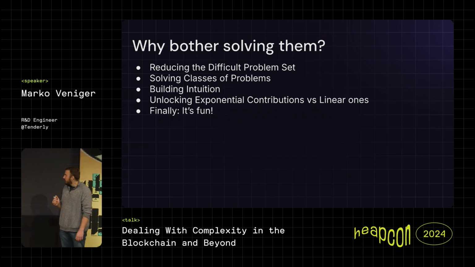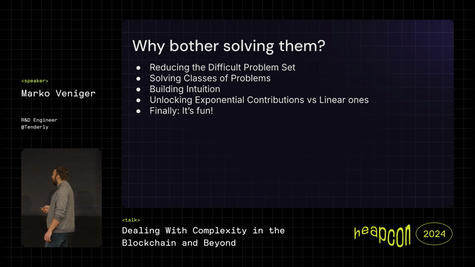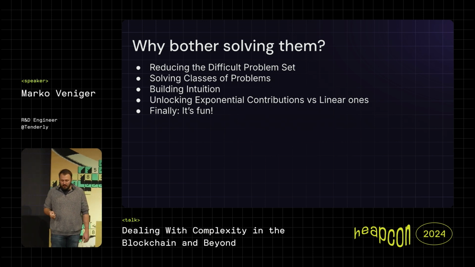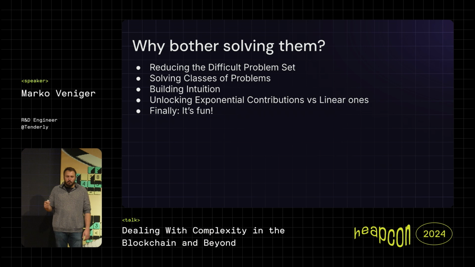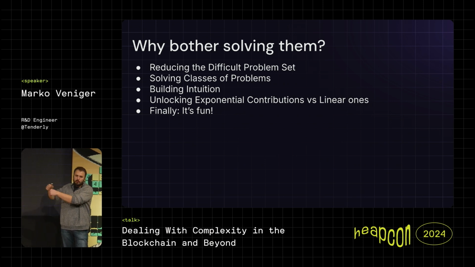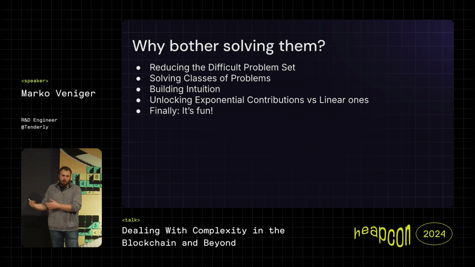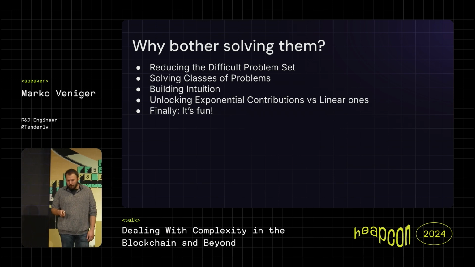And yeah, beyond intuition, which speeds up your work and problem-solving skills, you can unlock exponential contributions. What do I mean by that? You have exponential or linear contributions to, let's say, society, a company, something. A linear contribution would be where you improve at doing something. Let's say you become twice as good at creating television screens. And once you're double the skill, you can make double the amount and make double the money. So it's a linear proportion.